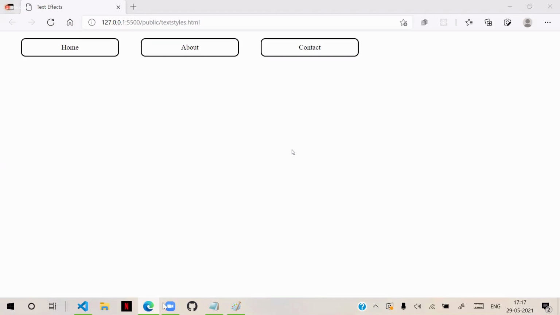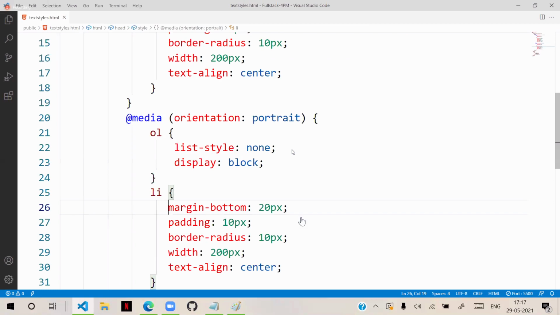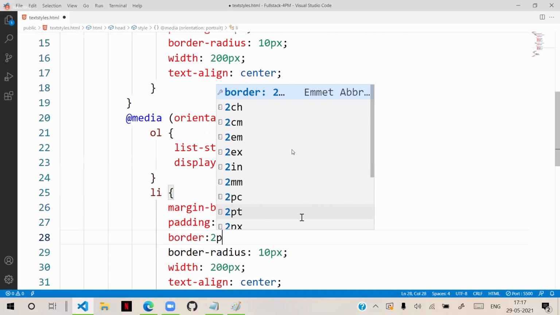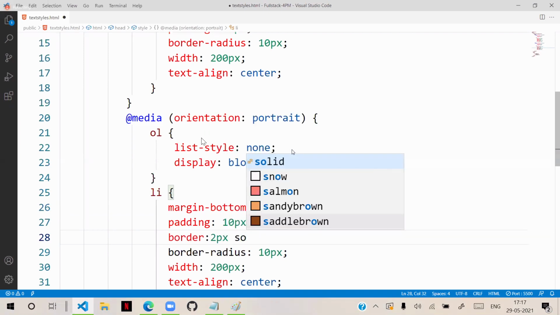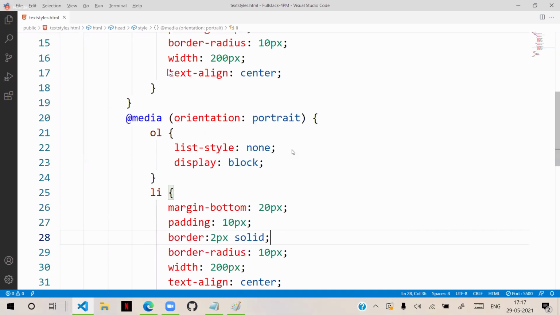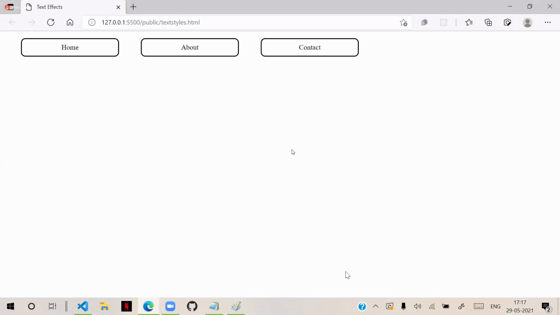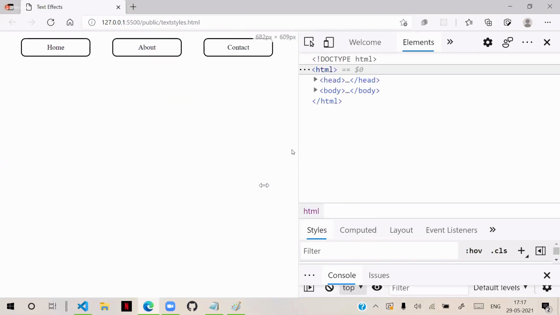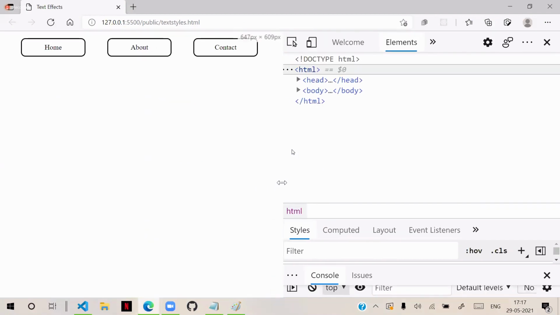So you can test that in a normal way also. For example, you see here, border also 2 pixel solid. And you can go to inspect element. In that inspect element, you observe here there is an option, toggle device.